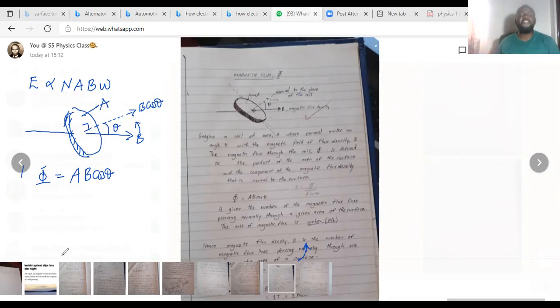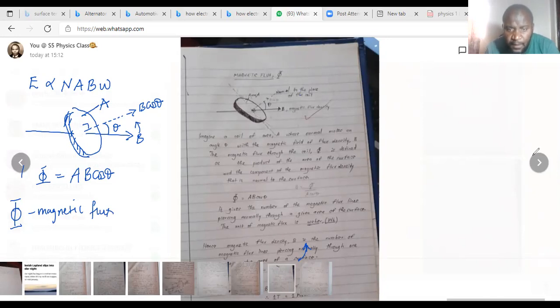So when they ask you to define what is magnetic flux, magnetic flux as a definition is the number of magnetic field lines piercing normally through a given area of a surface. Yeah, so we have seen this earlier, but now it is coming back a little in electromagnetic induction. Hence, for magnetic flux density, also you can say it's the number of magnetic flux lines piercing